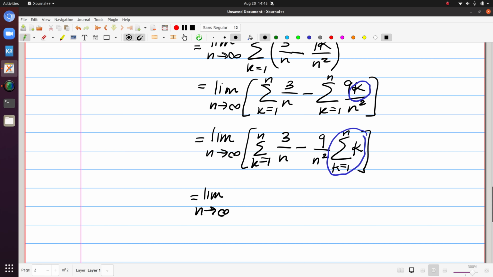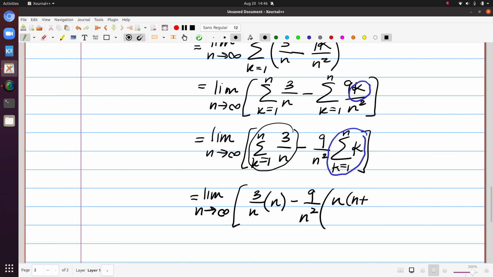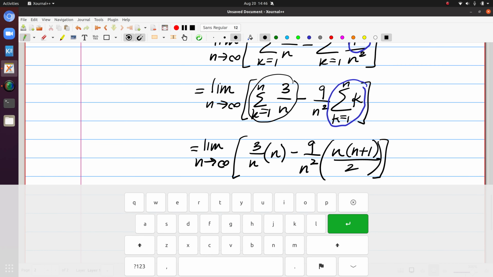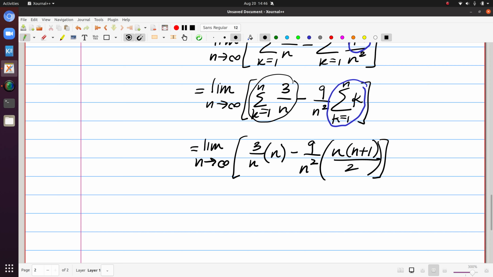This first sum here is very similar to what we ended up with in the last example. We saw that we would add 3 over n to itself n times. Consequently, that's equivalent to 3 over n times n. And again, just to reiterate, I'm replacing the circled blue summation with what we were given it to be equal to in the problem. So notice that now this just becomes a limit problem. So if I try to simplify this, I have